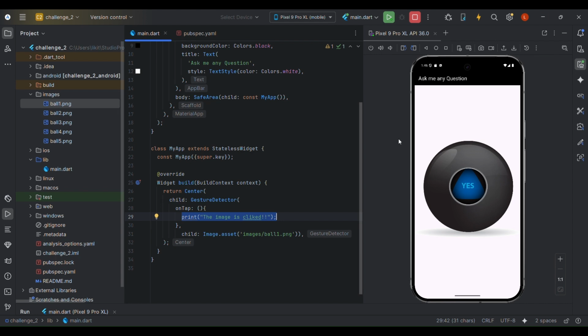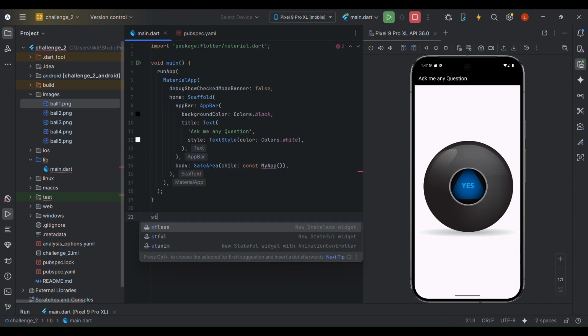But what we want is, when we click on this image, to change the image from 1 to 2, or randomly generate it. Let's say you have to change from image 1 to image 2. So what is the one thing we are making use of? The first thing you have to know is that whenever you create a widget which is handling data, instead of using a stateless widget, you have to make sure you are using a stateful widget. Okay, so let's remove this,